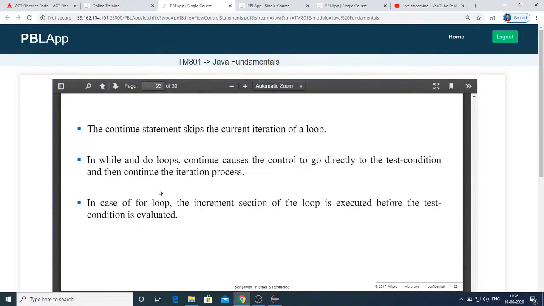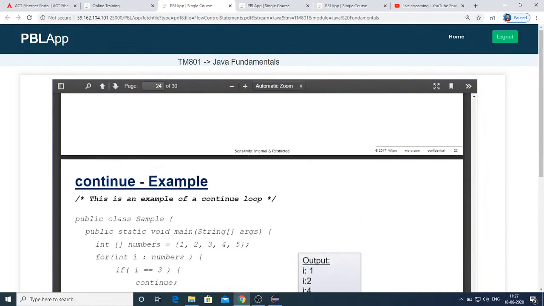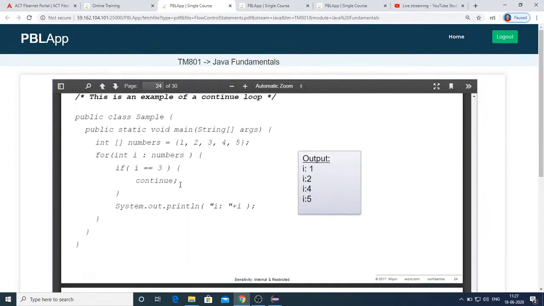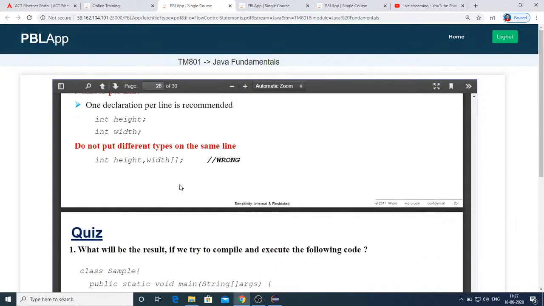Whenever you write continue after checking a certain condition, the subsequent statements are skipped and the next iteration resumes. And in case of for, what will be the next iteration? The condition check. That's how continue is useful.